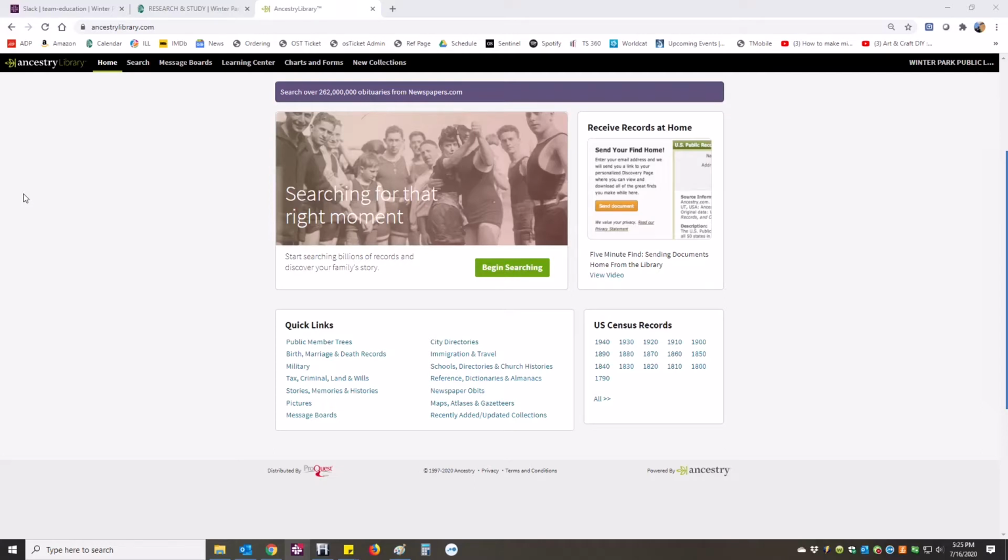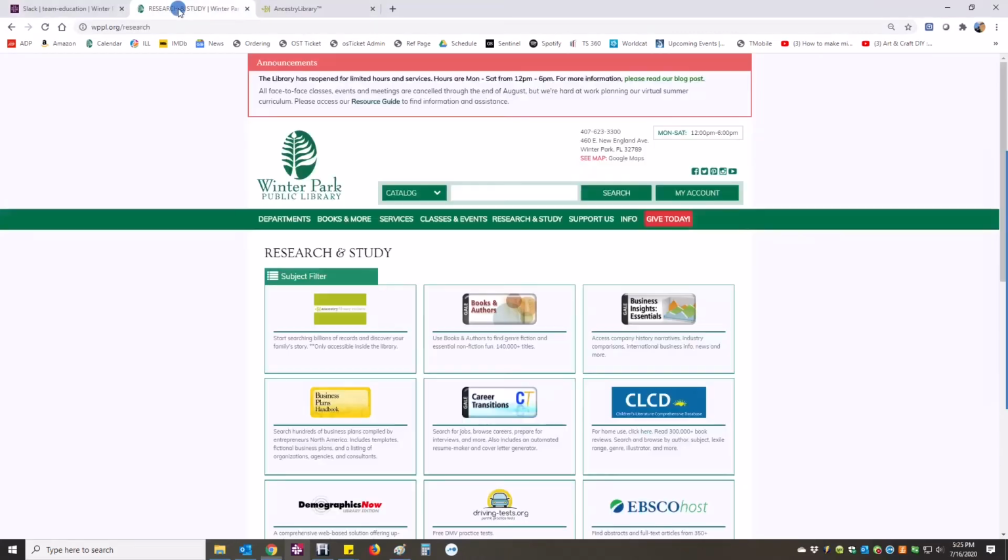You cannot upload your own family data. You cannot respond to any of the message boards, but you have access to them. You also can only use this here in the library. So the next time you stop in, you can use it for up to an hour and send any records home to you. You would use one of our public computers and go to our research page and click on